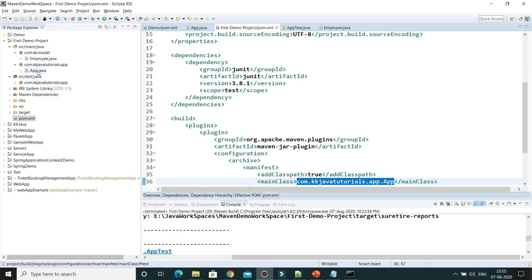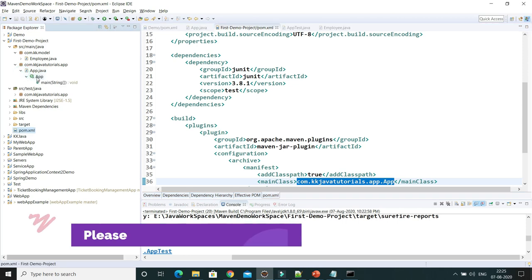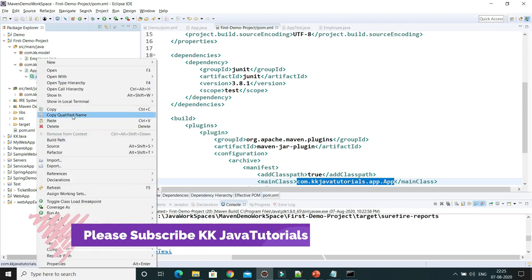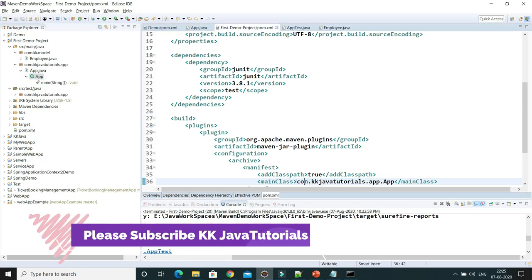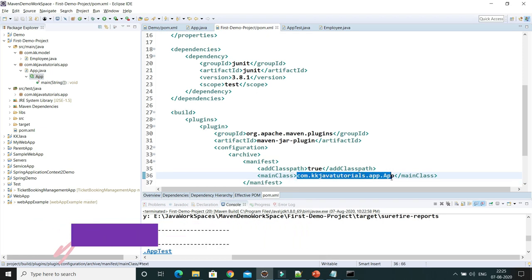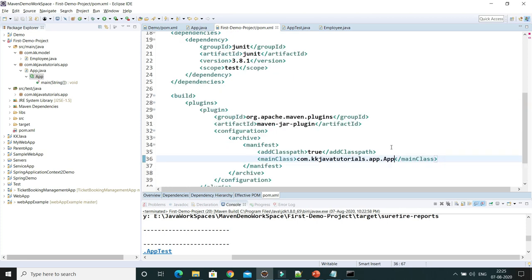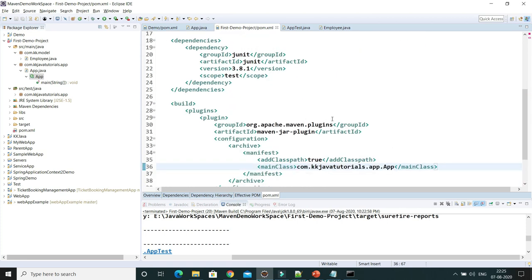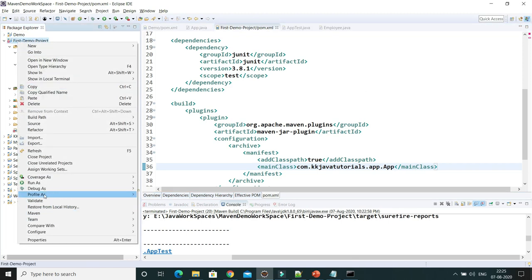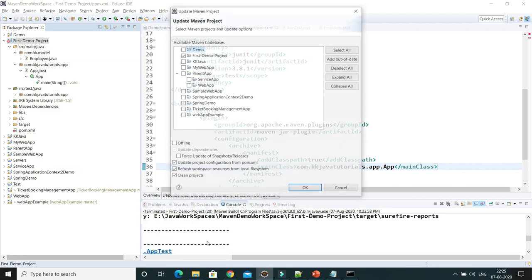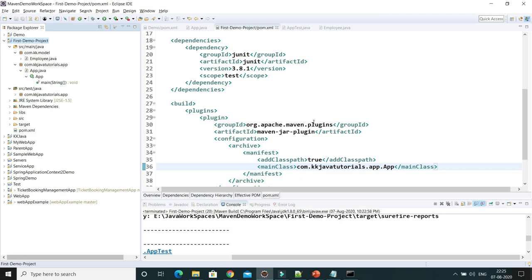This is my main class, so I right click over here, do Copy Qualified Name, and paste it over here. That's it, you have to do this much configuration in pom.xml. After that you will be able to generate an executable jar in Maven. Again this is showing an error, so right click, go to Maven and Update Project. Once you update, the error will go away.